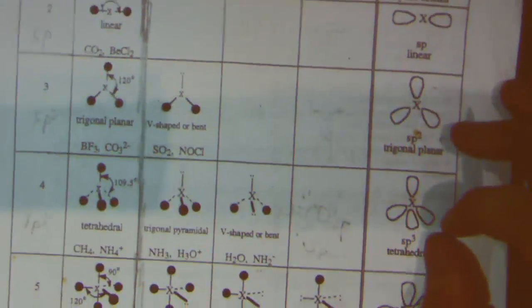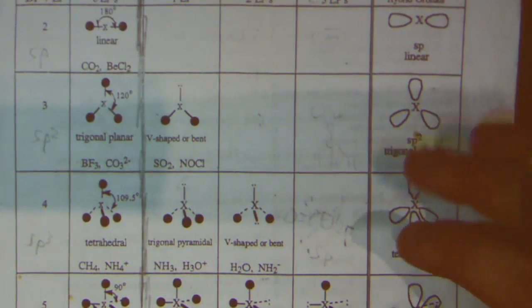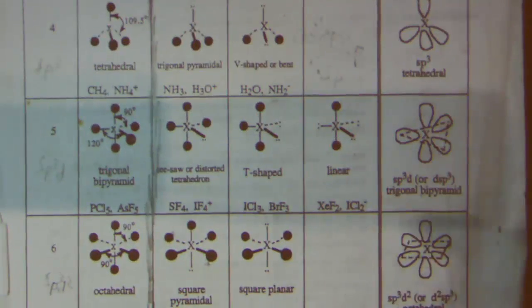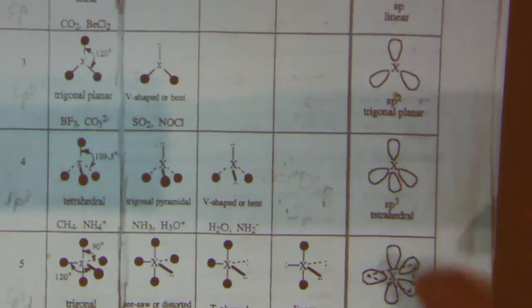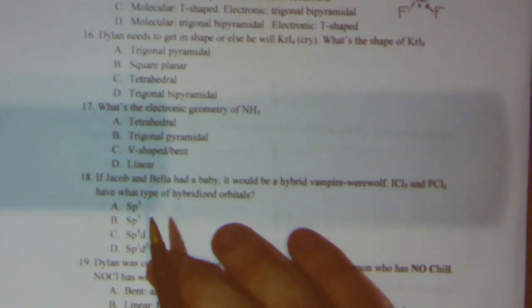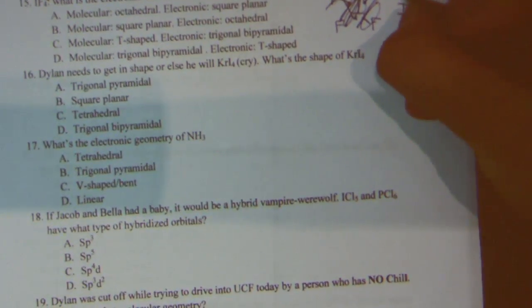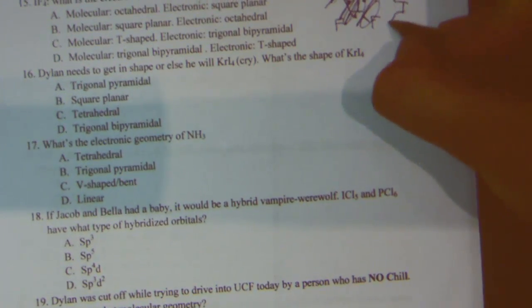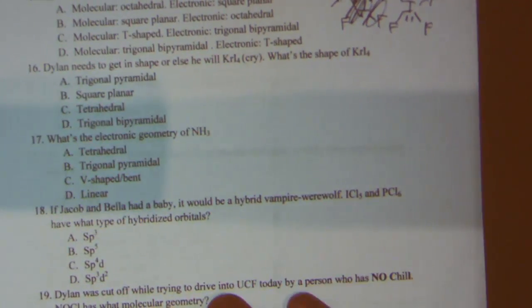But what's important for you guys to know about electronic geometry and molecular geometry is this chart. I believe Patino and Dixon's class both gave these out. The first lane of this on the complete left side represents the electronic geometry of different compounds, while the right represents all the different molecular geometries that something can adopt. So if we look back at this, it's supposed to be IF4 negative, but I think I got cut off again with my pluses and minuses. This is supposed to look like an I with 1 F, 2 F, 3 F, 4 F, and then one more lone pair here. So it's IF4 negative,